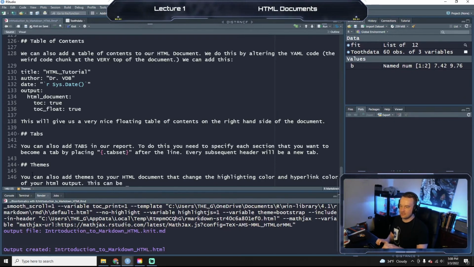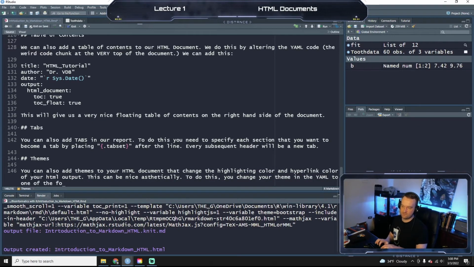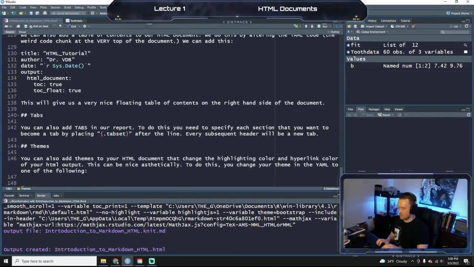This can be nice aesthetically. To do this, you change your theme in the YAML to one of the following, which are Cerulean,